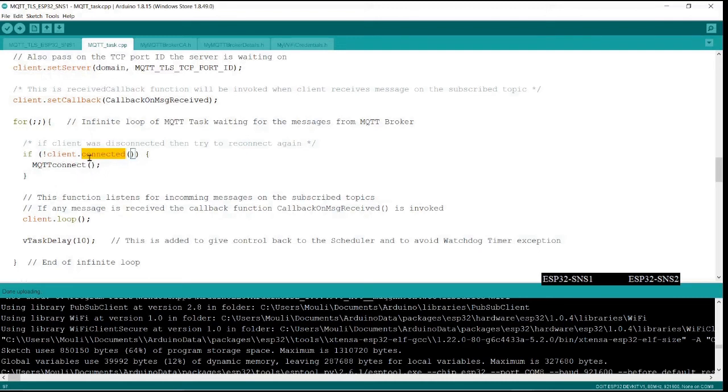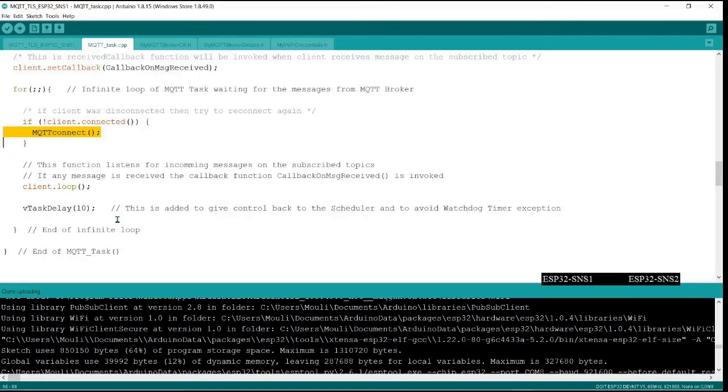So we are checking whether it is connected. If it is not connected, then it will not come out. If there is a failure, it will call MQTT connect. So this is checking whether the client is connected or not. If not, it is going to call the MQTT connect. This is where the connection happens. The rest is just setting up the information needed for the connection to happen. The first time it comes in, it wouldn't have been connected, so it will directly come here and call the MQTT connect. We will go and see what is there.